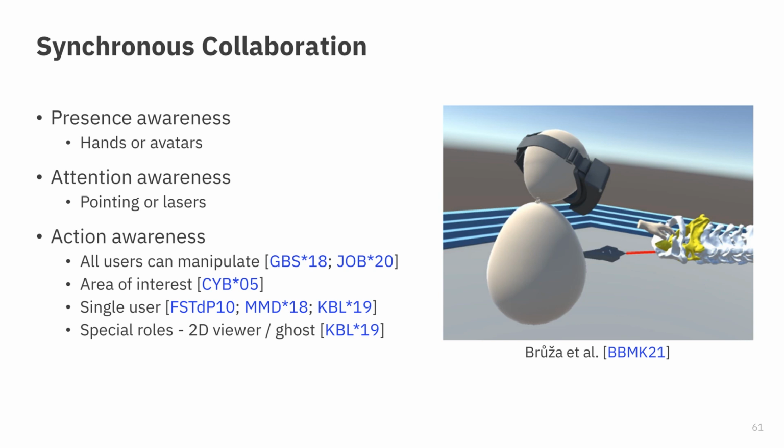When appropriate, the controllers are also mapped to virtual hands or virtual models of those controllers. Which brings me to the attention awareness, because one of the main reasons for having virtual hands is the ability to point to parts of the virtual scene. Some of the authors even utilize a laser pointer emitting from one of the fingers or the controller to allow more precise pointing. Finally, action awareness is probably the most challenging part, as having multiple users interacting with the scene